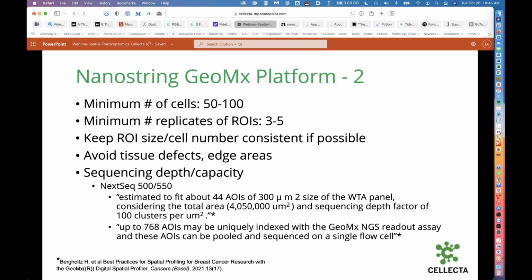We avoid any tissue defects, any folds in the paraffin section, et cetera, or edge areas. Now, for sequencing depth and capacity, I offer here a couple of guides from this excellent review of best practices